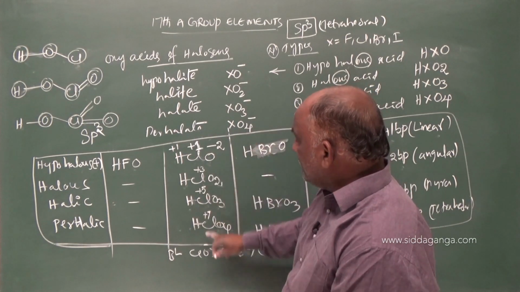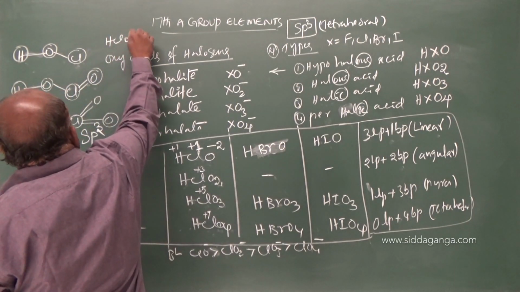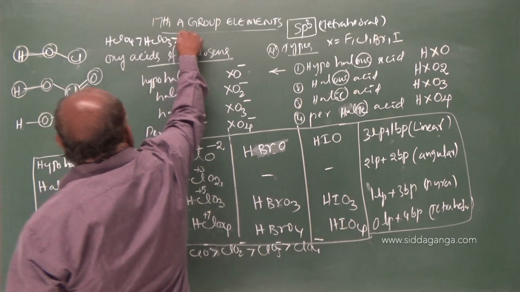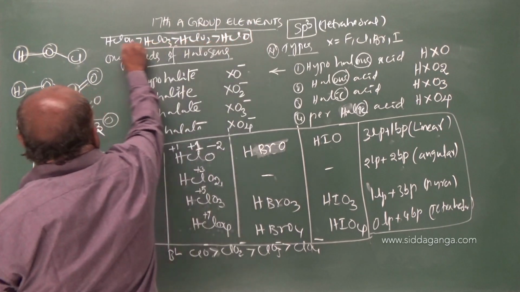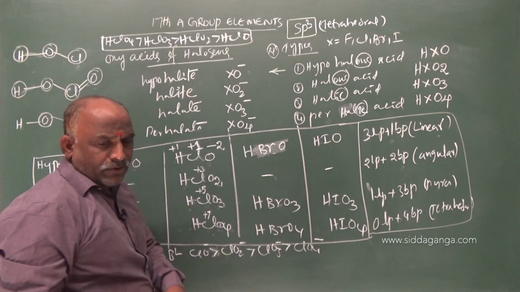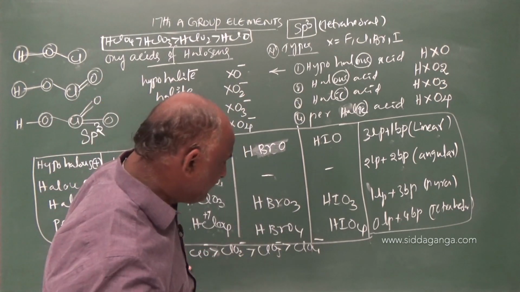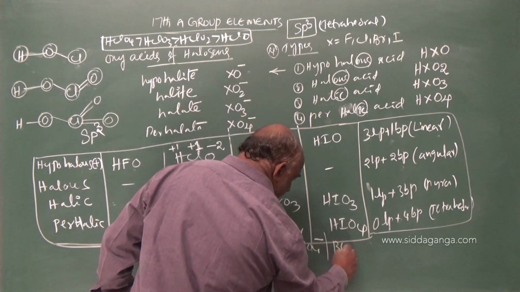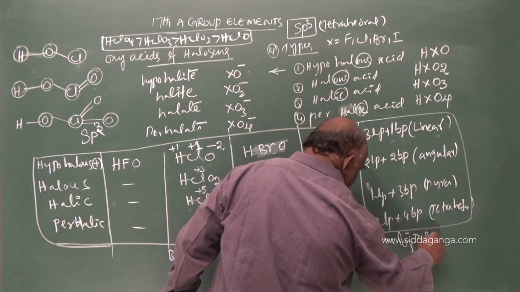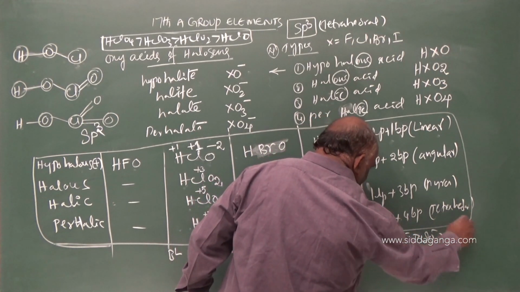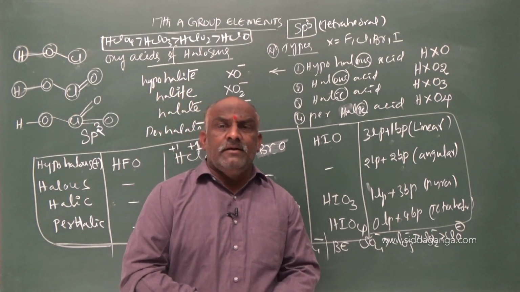This is a very important question. HClO4 greater than HClO3 greater than HClO2 greater than HClO is the acidic strength order. My dear students, make a note regarding this. This is the bond length order, and the bond energy order is reverse: ClO4 minus greater than ClO3 minus greater than ClO2 minus greater than ClO minus. You should practice and take one screenshot.